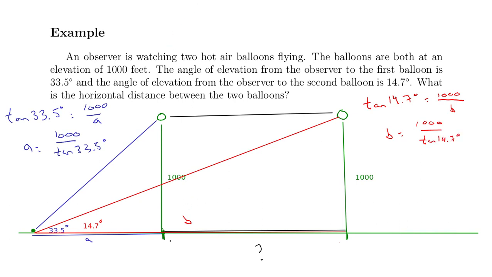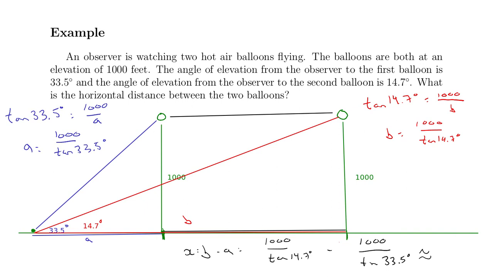So my distance that I'm caring about here on the bottom, I'll call this one X, the thing that I want. I'm going to say this is B minus A. It's 1,000 over tangent of 14.7 degrees minus 1,000 over tangent of 33.5 degrees. We're going to get an approximate for this, but we can go ahead and just type